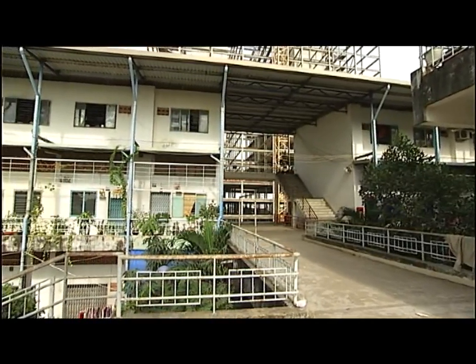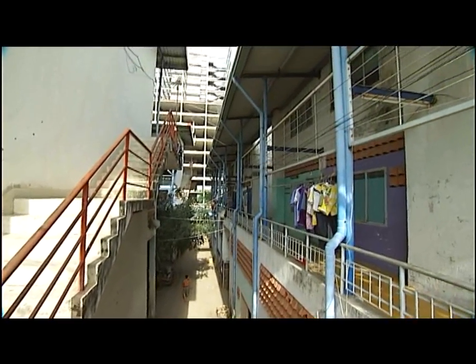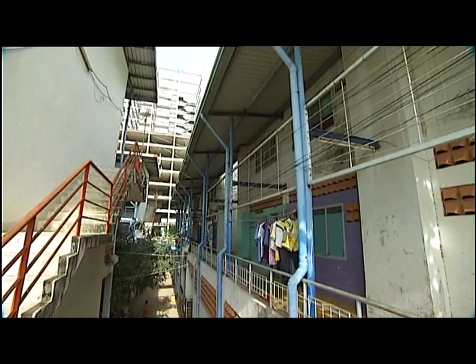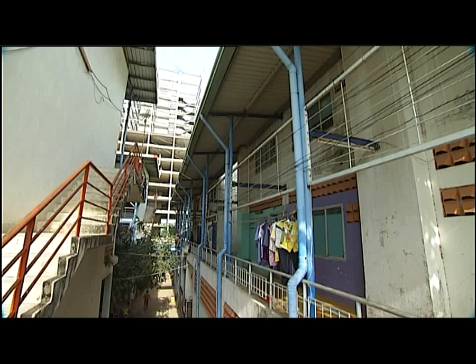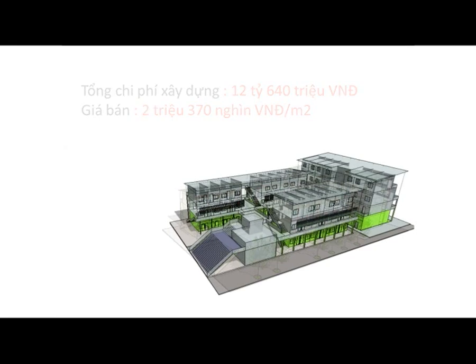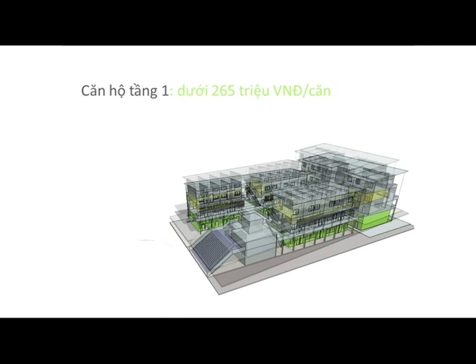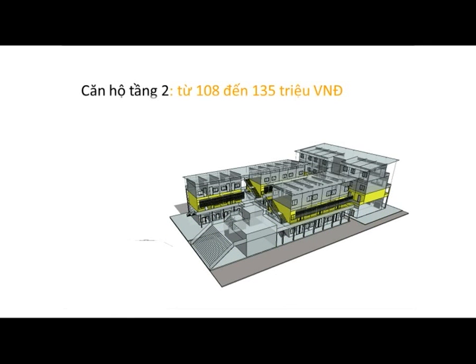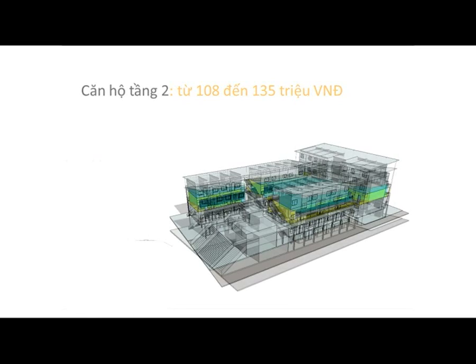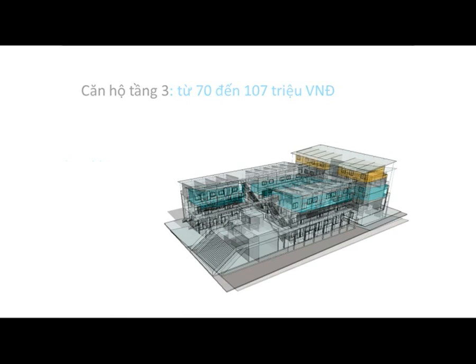The building cost of the Tan Hoa Lo Gom apartment building was €125 to €170 per square metre. Overall cost of the building was $597,285 US, or $112 US per square metre. As such, the average cost of each apartment ranged from $88 to $234 US per square metre. In greater detail, each apartment was sold at $2,833 US to